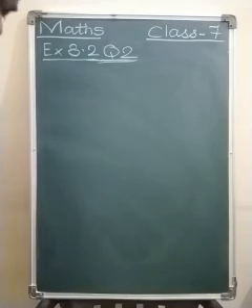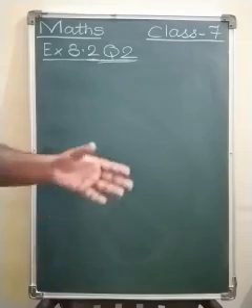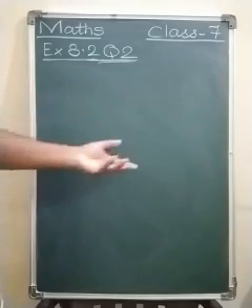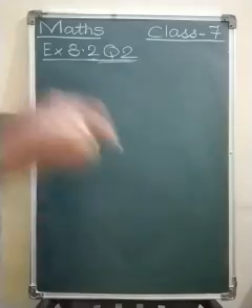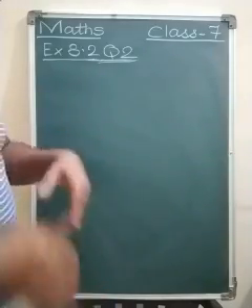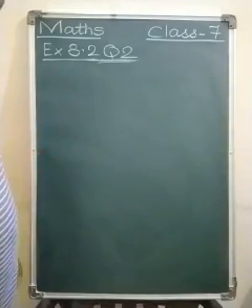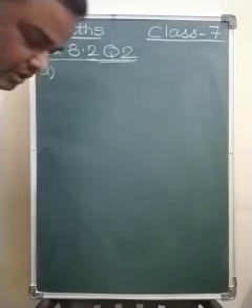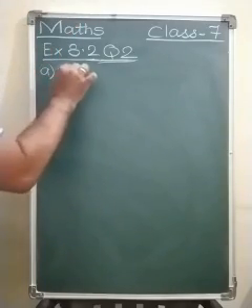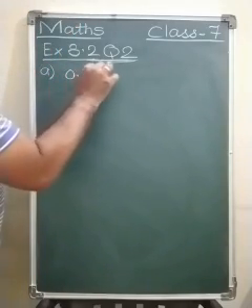Question number 2. Convert the given decimal fractions to percentages. Now this is very important, question number 2. Now decimal numbers are given, you have to convert them into percentages. Okay, so what is the first sum? These are also very simple. 0.65.